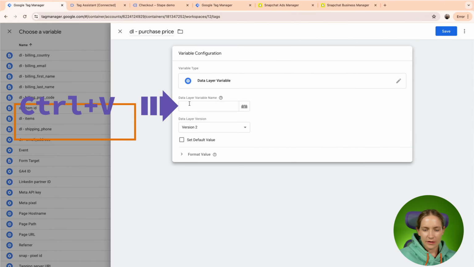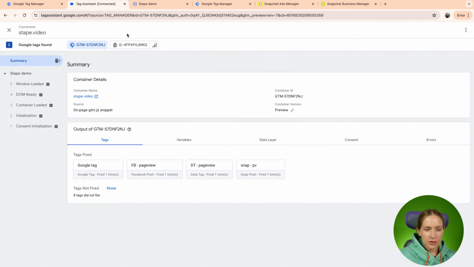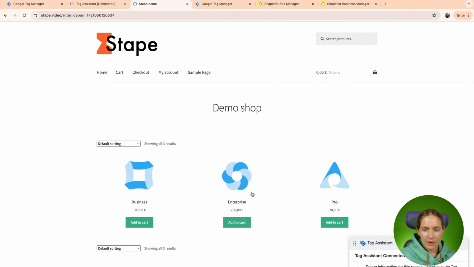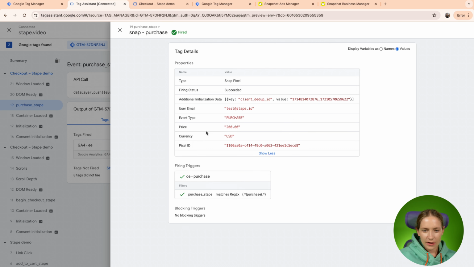Once again, let's ensure that the value added correctly, and then we will proceed with the next step. So I refreshed my web Google Tag Manager preview. We'll just quickly make a purchase. So this is the Snap purchase tag, and you can see here that the price is set to 200. Okay, so these are the steps that you need to do inside the WebGTM to configure Snap